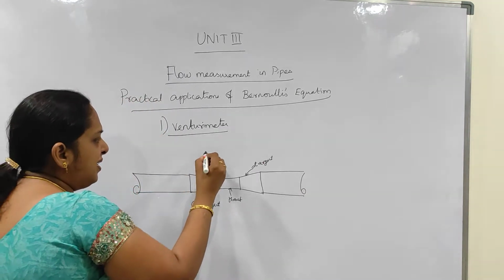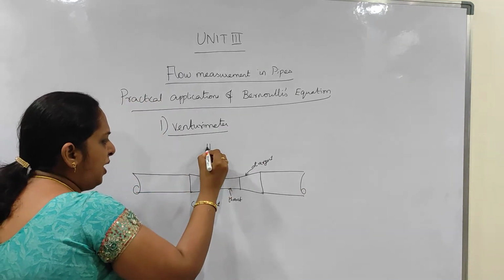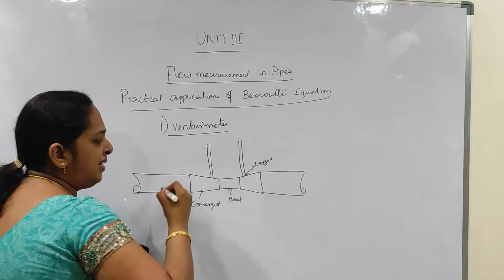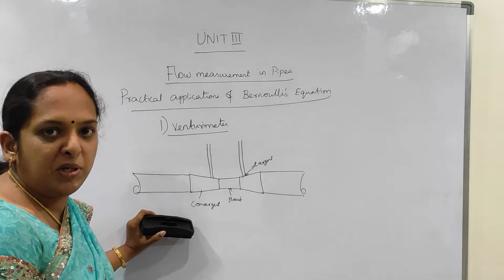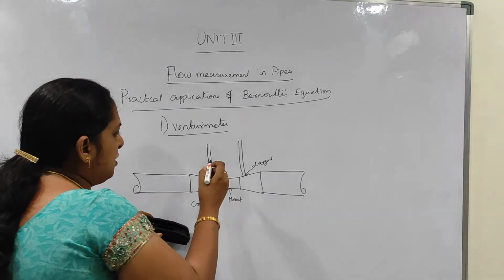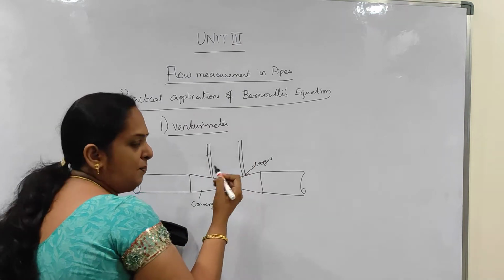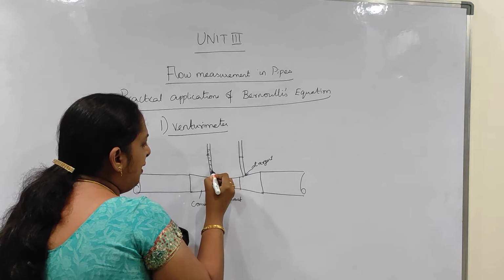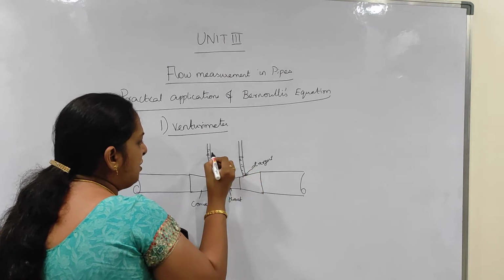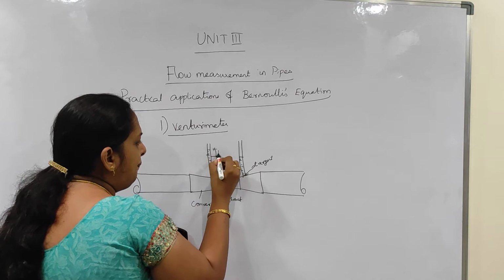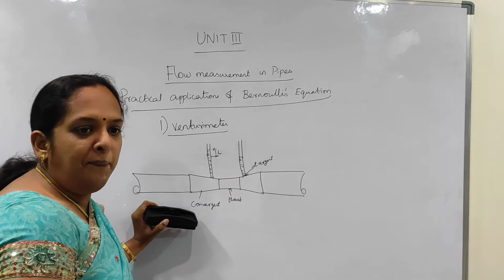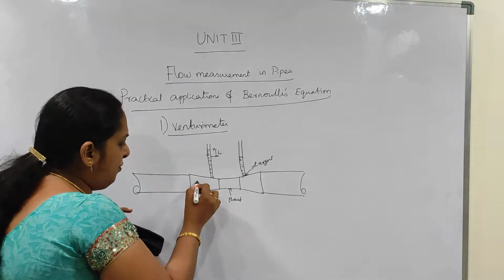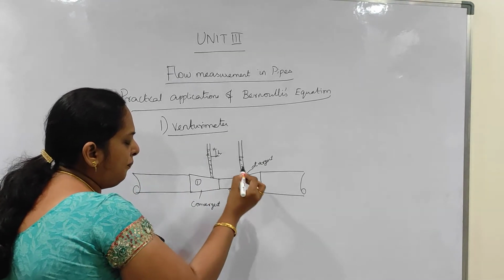We are also connecting a manometer to this venturi meter. What is the use of a manometer? We have already seen in the previous lesson that it is used to measure pressures, or the pressure head or difference in pressures. Suppose there is a fluid flow here; the difference in pressure will be measured with the help of the manometer. Now consider this is your section 1 and this is your section 2.